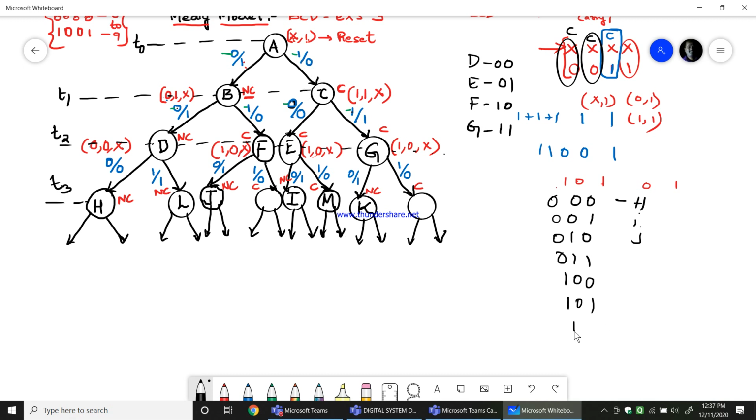Next state is N, which is 1, 1, 0. So 1, 1, 0 is what? 1, 1, 0. So this would be N. And finally, you are left out with only one state. You can see that you will get 1, 1, 1 is the input. See, 1, 1, 1, which is O. Okay, H, I, J, K, L, M, N, O. This is how you name it. Be careful. You should be naming the states in this way only, whatever I have done.